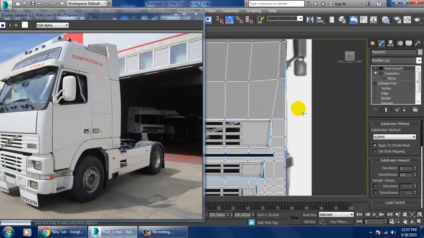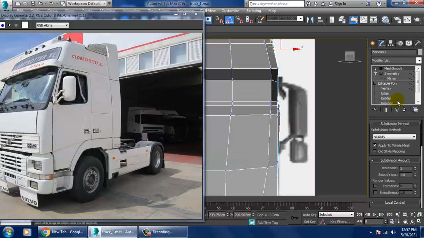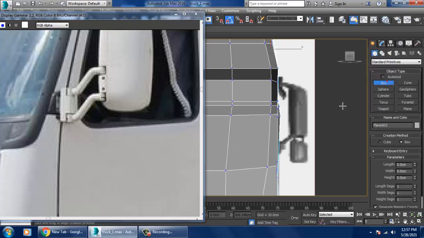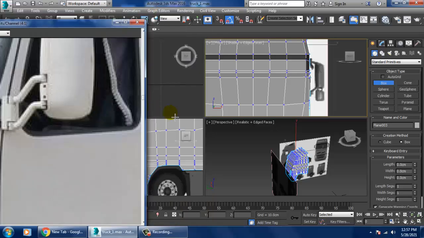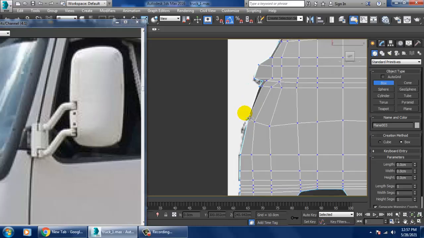So we can create the side mirrors. Let's create the side mirrors, like this. Let's take a box, go into the side view, and take a reference.